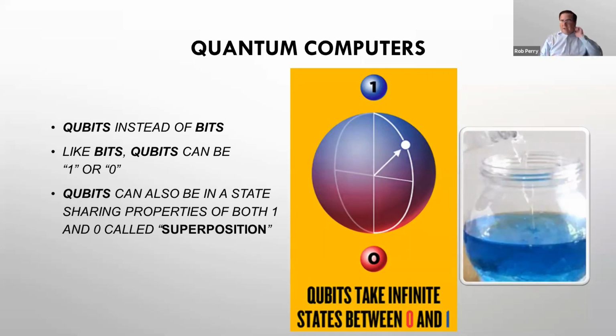And the best analogy I could come up with is I want you to think of a snow globe, okay? And imagine that you filled the snow globe halfway with oil and you filled the other half with water. So here you have this quantum bit that is 1 and 0. And now imagine that you take that snow globe and you shake it. You have the oil and the water interacting, still a 1 and a 0, but now they're mixed with each